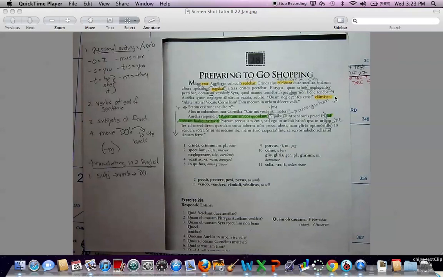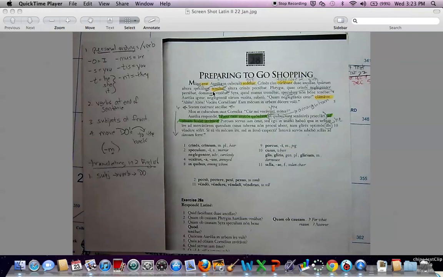Finally, I just wanted to remind you that when you're translating anything into English, that's a 2 right there, I'm trying to be cute, the order in which you translate is subject first, then verb, then direct object. So in this sentence right up here, where I see